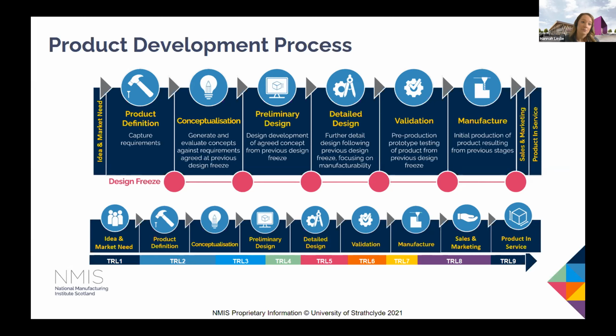In product definition, the first stage, you'd use your knowledge of the market and your product idea to generate a product design specification or set of requirements, which you then take into conceptualization, where you generate a number of concepts for viable solutions and assess these against the requirements to establish which fulfills these needs best. It's also an opportunity to identify features and aspects of concepts which can be combined to improve the overall concept